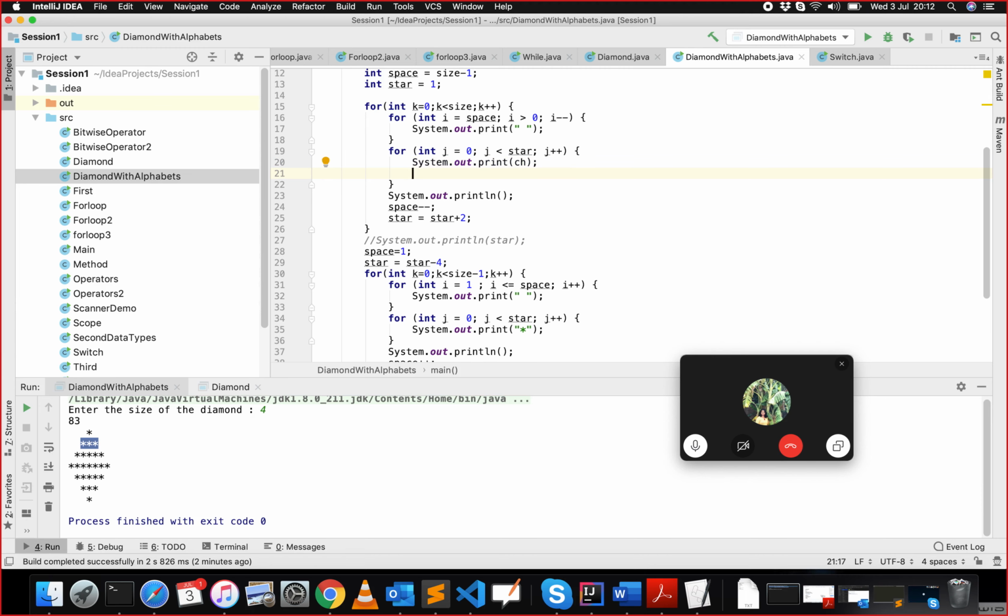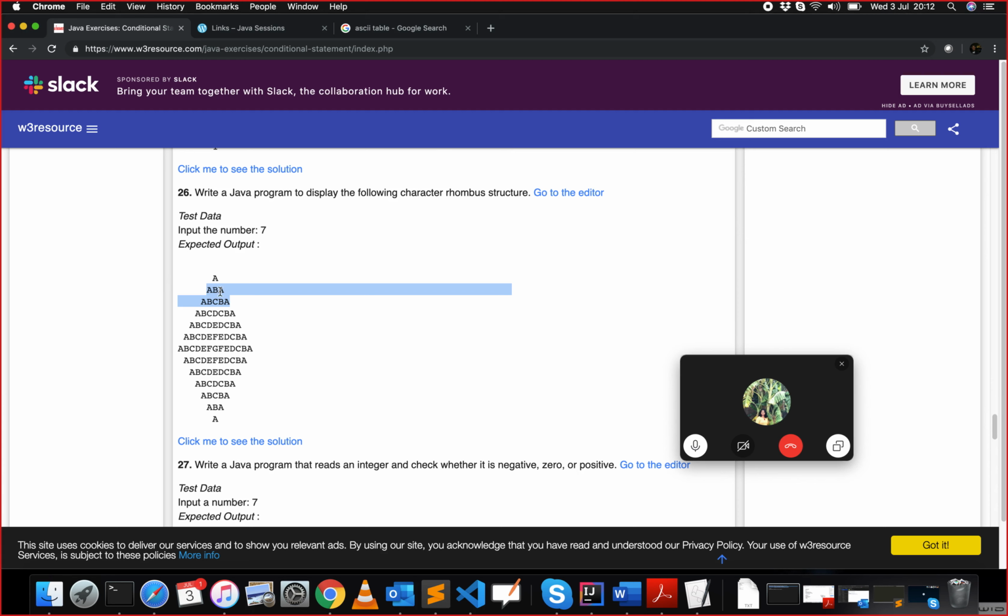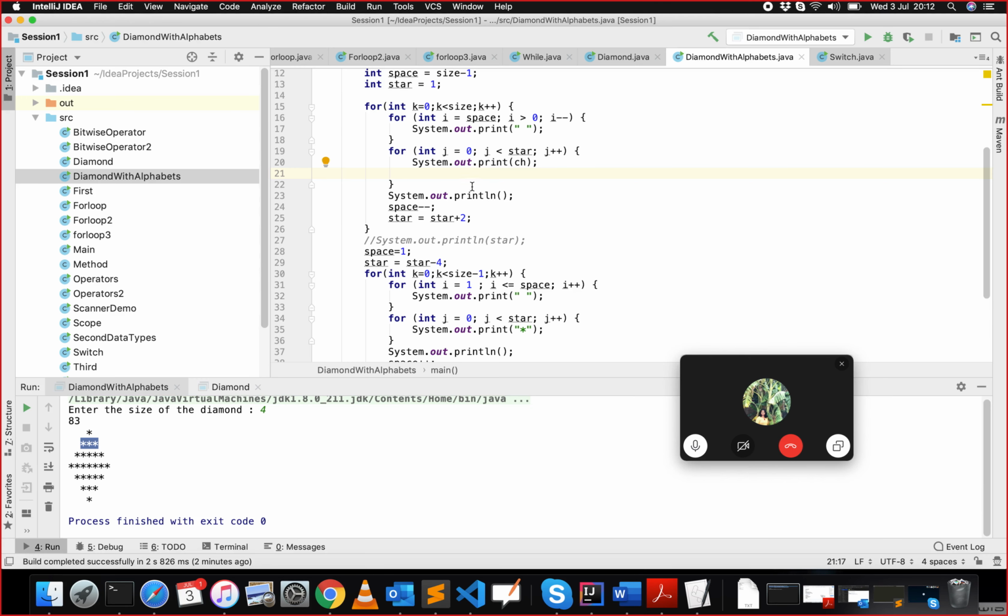So first, once A is printed, then for the next iteration it shouldn't print A anymore, it should print B. So what we can do is, it's simple. What we have to do is, ch is equal to